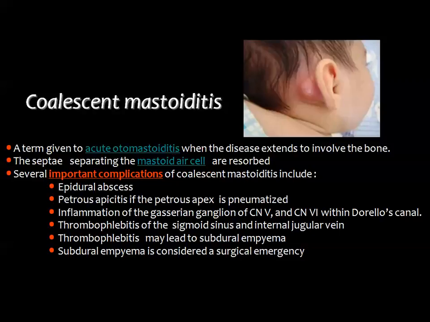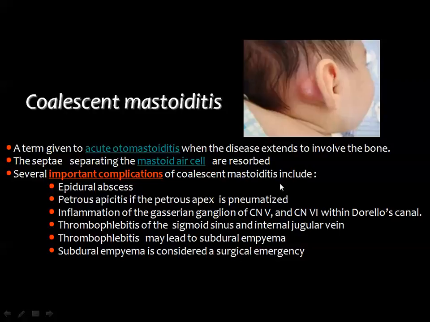Coalescent mastoiditis is the inflammation of the mastoid air cells whenever it involves the bone. At that time, the mastoiditis is known as coalescent mastoiditis. It will affect the outer wall of the mastoid, leading to retroauricular inflammation, and also involvement of the medial wall of the mastoid may lead to intracranial extension of the inflammatory